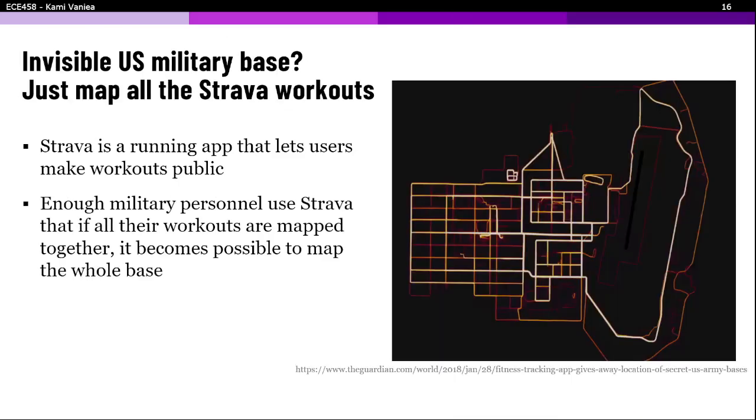Maybe you notice that Google Maps won't show you military bases. It looks like a big fuzzy thing. Maybe you don't notice these things. I notice these things because I'm in security. You pull up this thing and it looks like a big fuzzball. Put it up in Strava, it looks like that. Because if you're in a military base, where are you going to work out? And if you have it default on to share data, it's public.